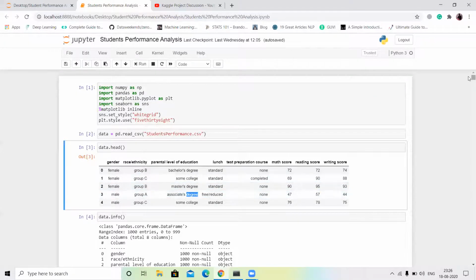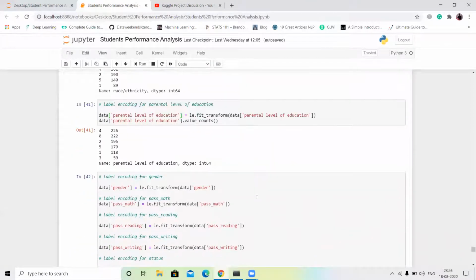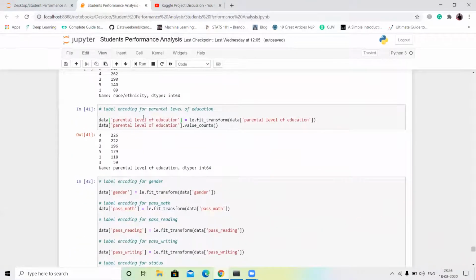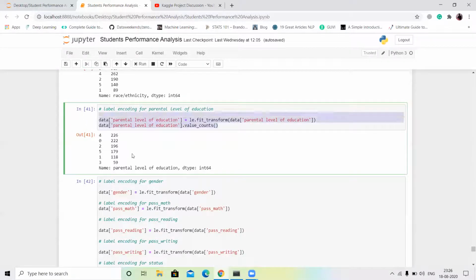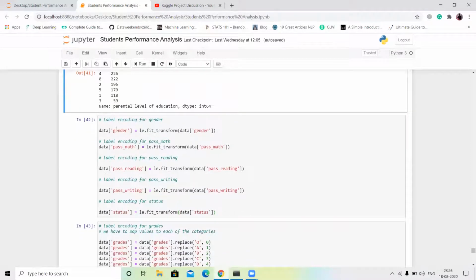So I change this categorical column into a numerical column. I call data.parental level of education with le.fit_transform. This is our column name, guys. Then I call the value counts. Next I call the gender column.